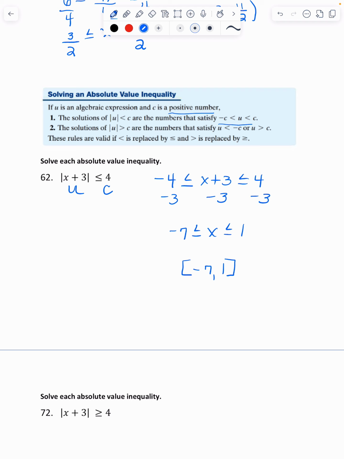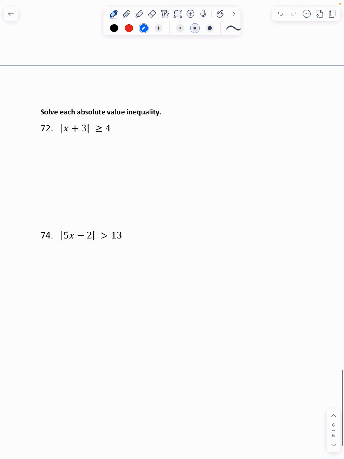If you look at 72, 72 is an absolute value inequality that is greater than or equal to. Well, if you go look at your textbook up here, if it's greater than, you're going to write it as is, and then you're going to flip and change your signs. So, this is U, and this is C. When it's a greater than, drop your absolute value sign, write it as is,